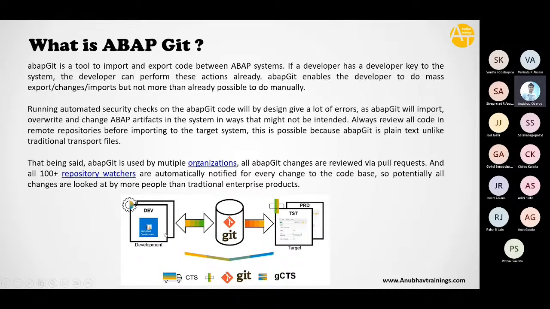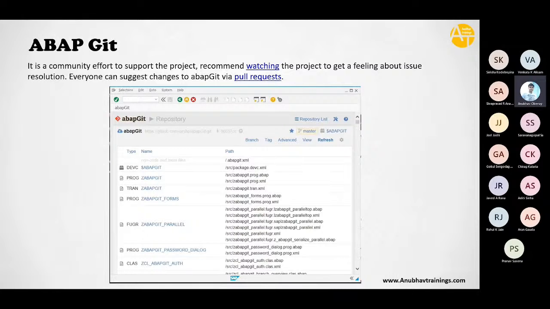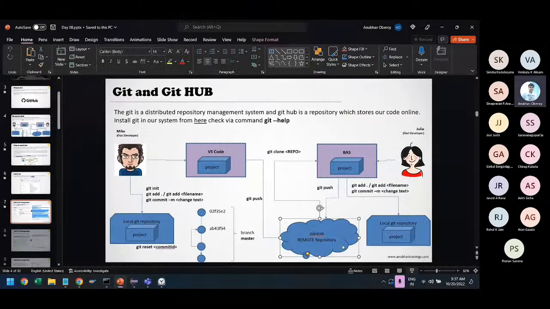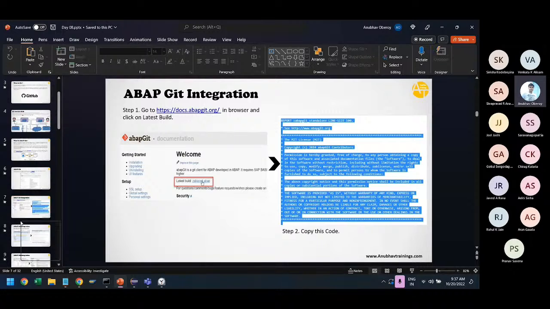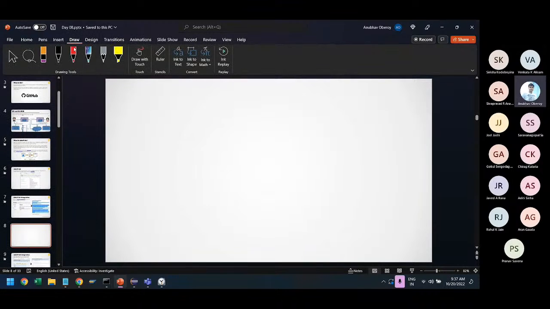From the dev system or any system, you can push to Git, and from Git, you can download the code to the other systems. First of all, in an on-premise system, you need to create a report which is going to give you the Git features, which I will also show you in the on-premise system today. If you want to integrate with Git, these reports need to be copied to your on-premise system. What I will show you today is how we can move our code from one system to another, and especially in today's episode, how you can move your code from an ABAP on cloud system. So we have our BTP account,